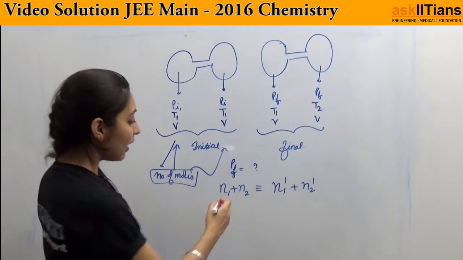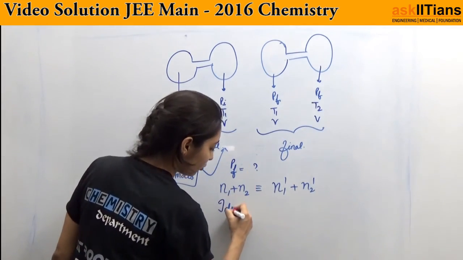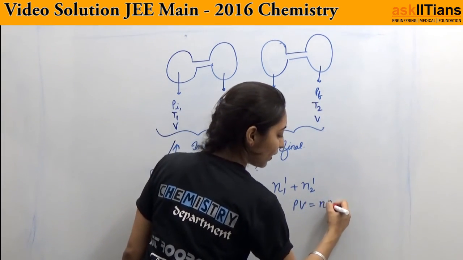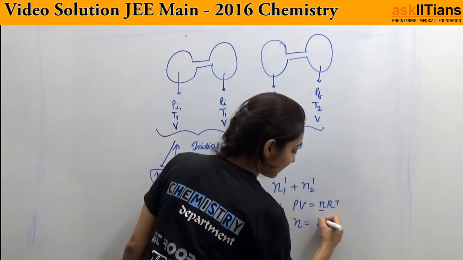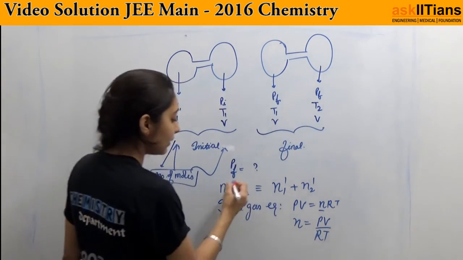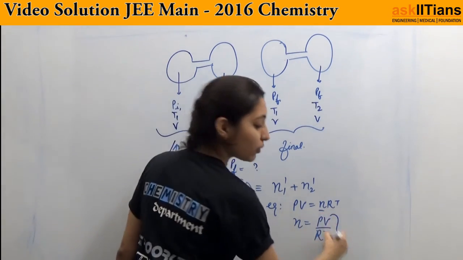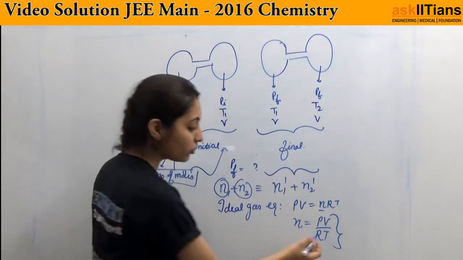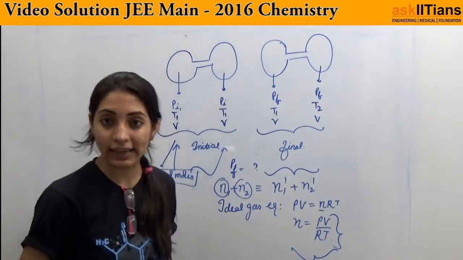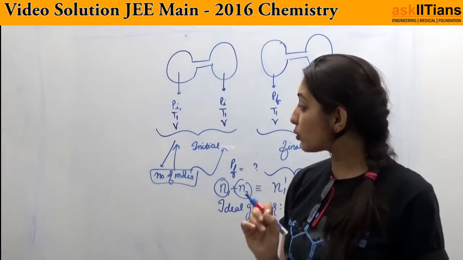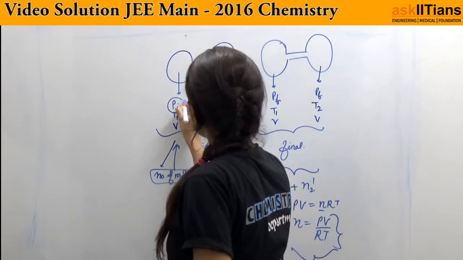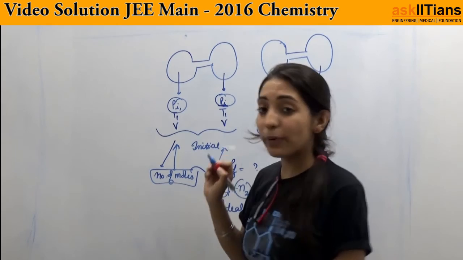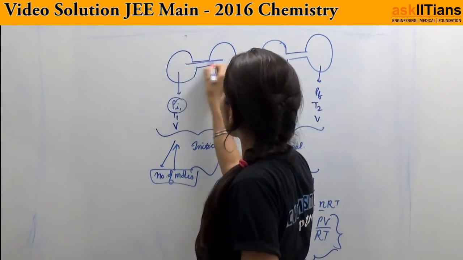Now if you know this, using the ideal gas equation, which is nothing but PV equals nRT, you can very easily say n is equal to PV over RT. Substitute N1, N2 in terms of initial pressures and volume. Similarly substitute these N1 dash, N2 dash with these things, and hence you will get the answer. So the common mistake which students could have made in this question is taking, if he has given Pi, see he didn't give anything regarding what is the pressure here. But keep in mind, since they are connected together,